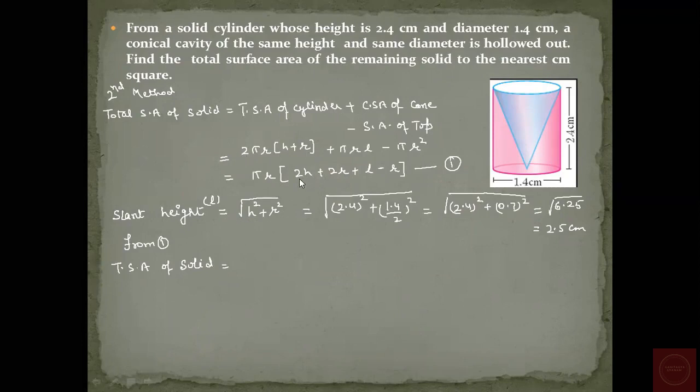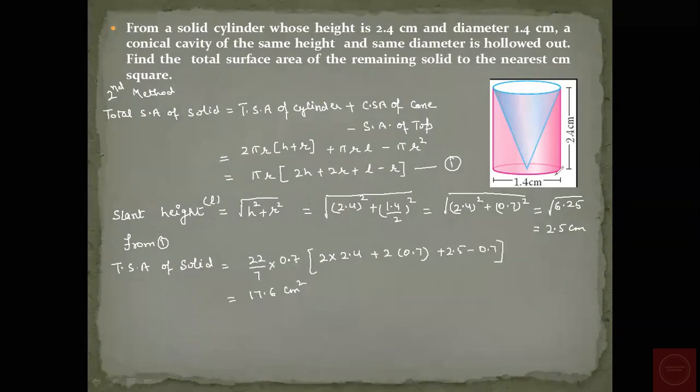That's why we have written here 2h plus 2r plus l minus r. The slant height we already found in the previous method also, that is 2.5 centimeters. So we have all these values. We are again substituting these values in equation number 1. So the total surface area of the solid is the same value that we got in the first method,